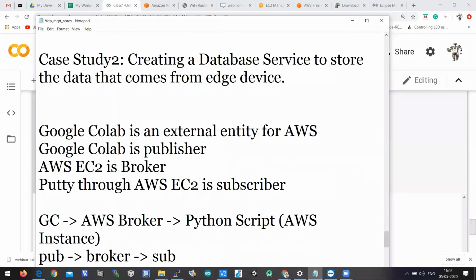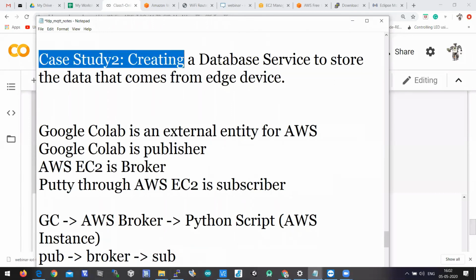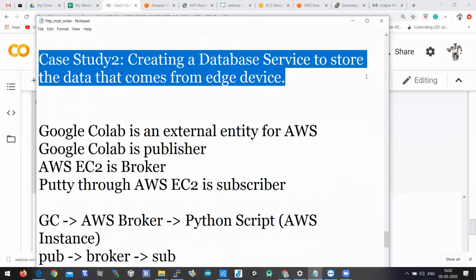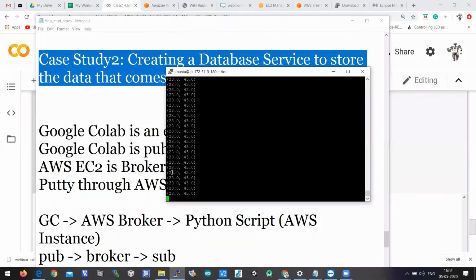Case study 2 is creating a database service to store the data that comes from the edge device. Now the data is just printed on the AWS instance. We need to store this data in a database server. If you store the data in the database server, then you can access this data from anywhere, though the program is closed.